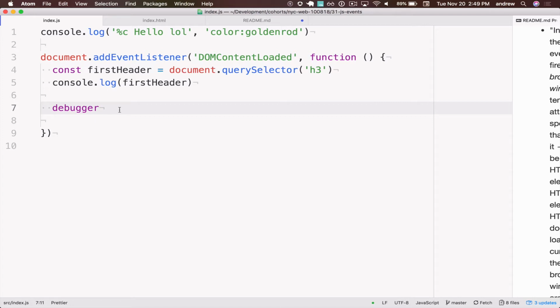It kind of forces us to think about scope as well. All the variables in here are only available, right? They're scoped to this function, to this callback function. Okay. So